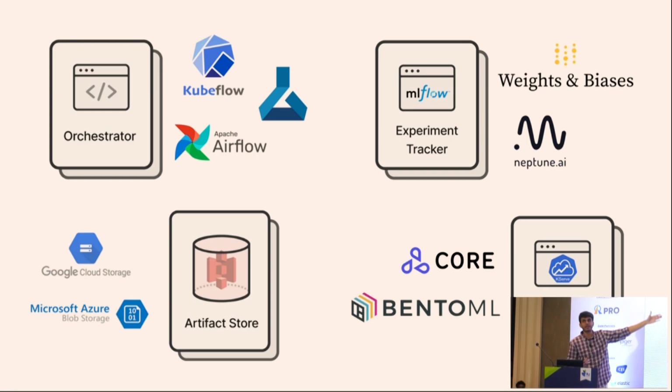Then there's experiment tracking, right? That's another concern itself. So you have tools like MLflow, which is really popular. We saw that earlier. There's Weights and Biases, there's Neptune. There are many other startups coming up. You can just search for experiment tracking MLOps, and you'll find 5 more startups there. So that's the idea behind it.